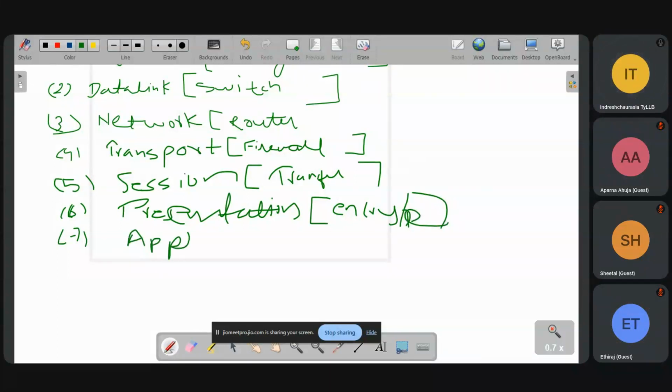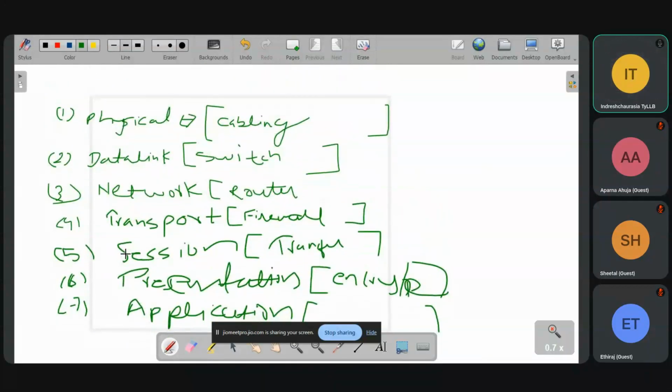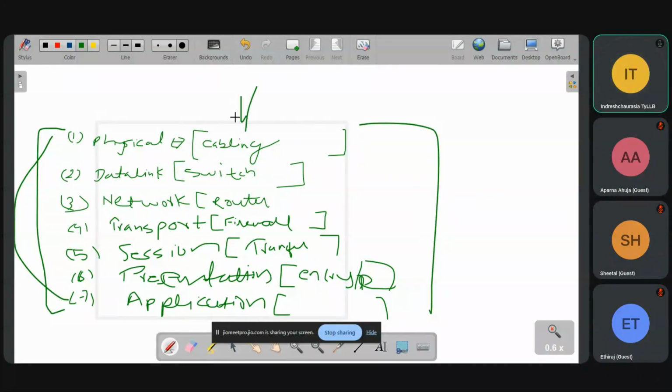Whatever application we are seeing, HTTPS, HTTP, SSH, all will come under this one. So these are the layers. Here we are saying it this way, but in actual, it is the opposite. So this will come last, and this will come first. This is the OSI model, and these are the devices used.